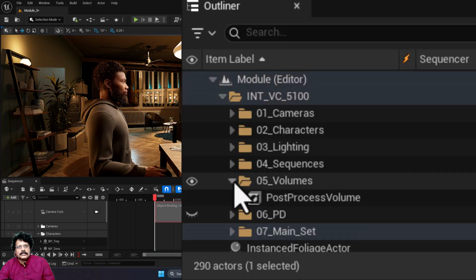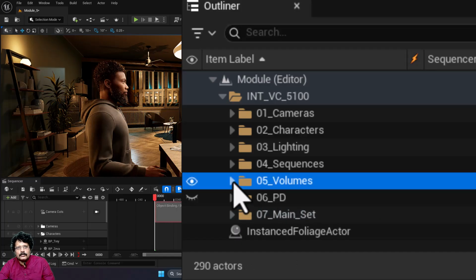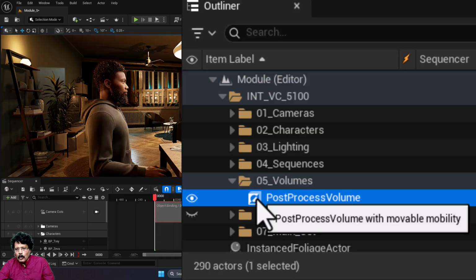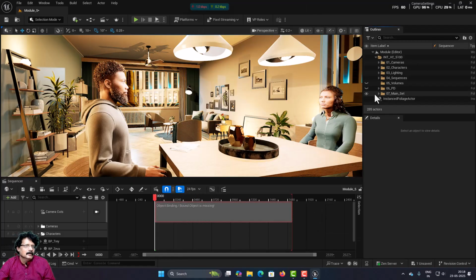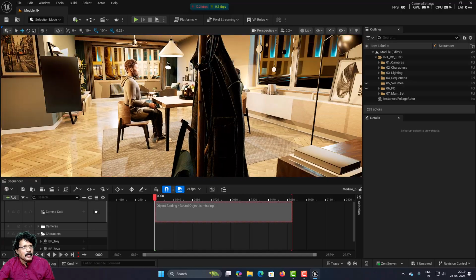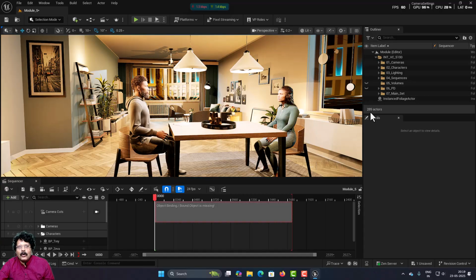If I open this, inside this 5 volumes you have this post process volume. Now if I select this post process volume and delete it, you can immediately see the entire scene is brightly lit, because we are now not using any post process function. So if I want to add these camera controls like aperture, shutter speed and exposure compensation to my entire scene, that is, outside the camera, whatever I am seeing here, I have to add a post process